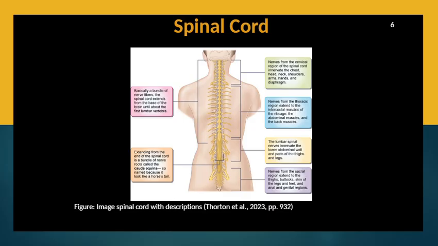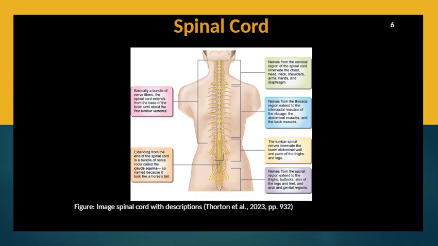This slide shows the spinal cord from a top-down view, showing how different regions of the spinal cord supply different parts of the body. This is important because spinal cord injuries or nerve compression at specific levels produce predictable motor and sensory changes. As LPNs, understanding spinal nerve distribution helps you assess patients with back injuries, herniated discs, or neurologic disorders. The spinal cord is essentially a long bundle of nerve fibers that extends from the base of the brain